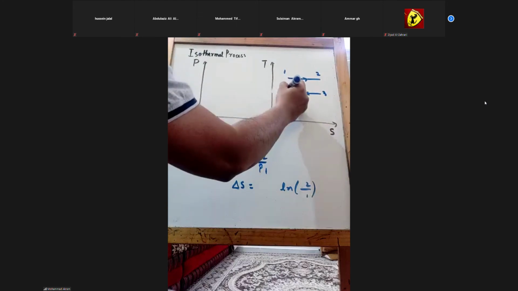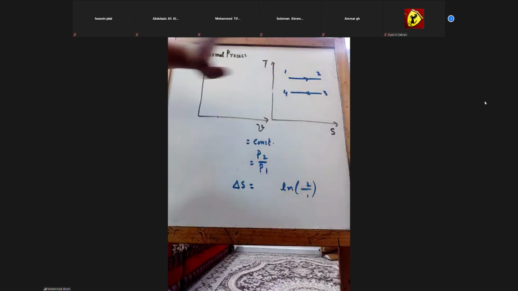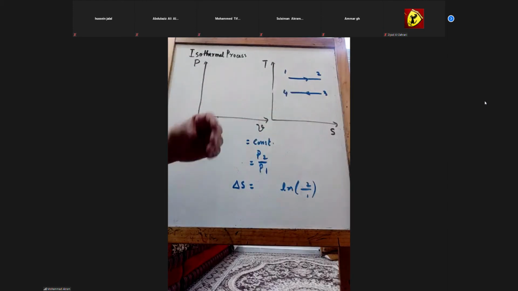Say 3 to 4. Now, can you tell me what is 1 to 2 process? It is isothermal, of course, but what is happening there? You cannot see cooling or heating because temperature is constant. So what is happening here? 1 to 2. I think, Doctor, the volume is increasing. Yes, because entropy is increasing, so you can guess that volume is increasing. So if volume increases, what will happen to pressure? Decreases, right?